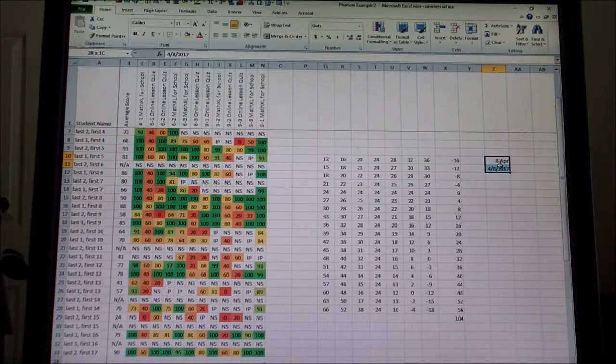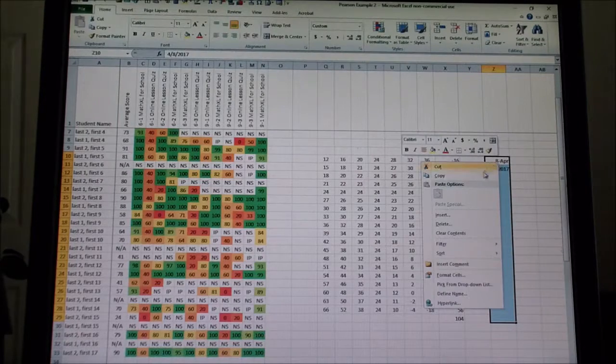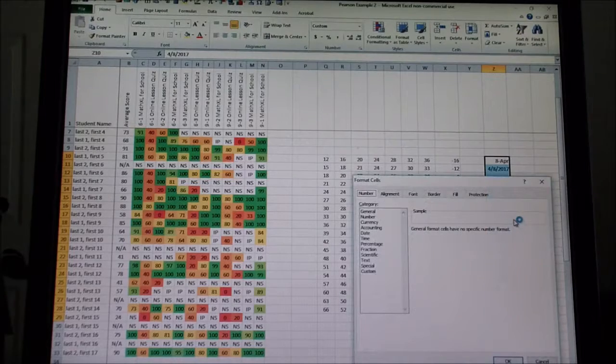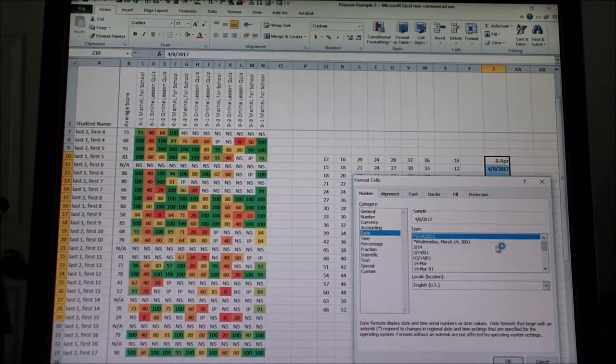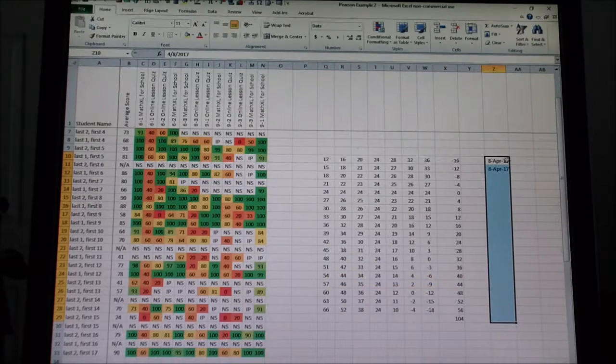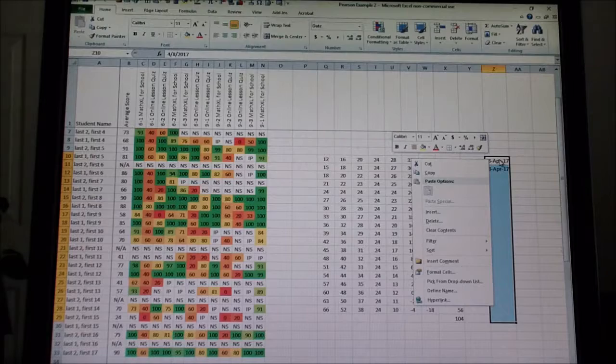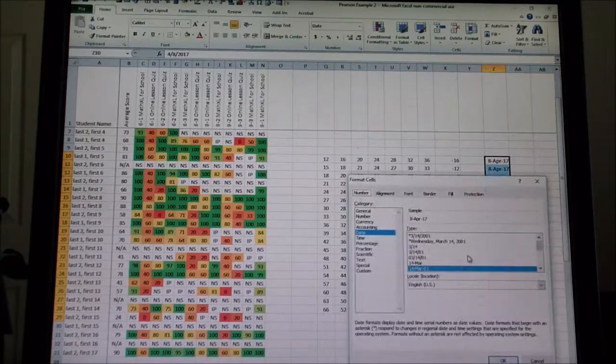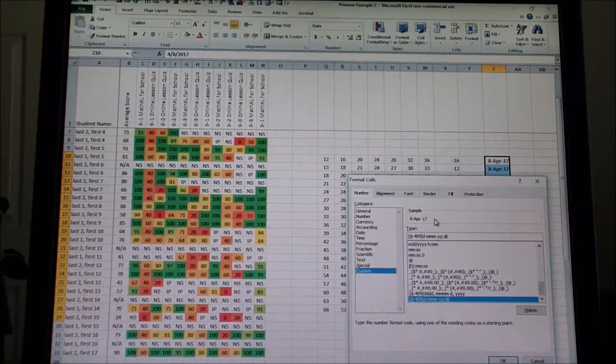I can go up here, and I can even select more of these columns, and I can go under format. That's the easiest way for me, to come in here, format cells, and go into date, and you have all these options. I can make them all look the same, with the slash or 14-01, and hit OK. And it's that way. If you don't like that way, you can even come up with your own custom ones, which if you come down to custom, you can go into this and type in